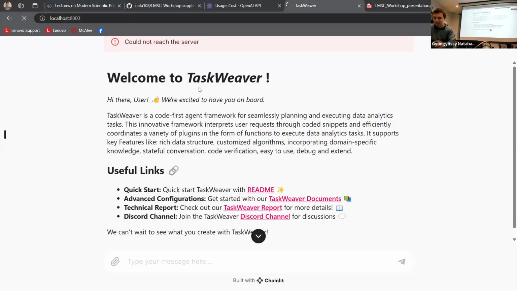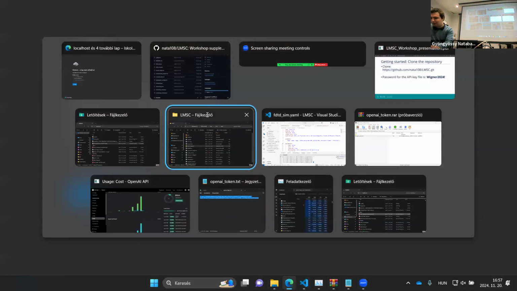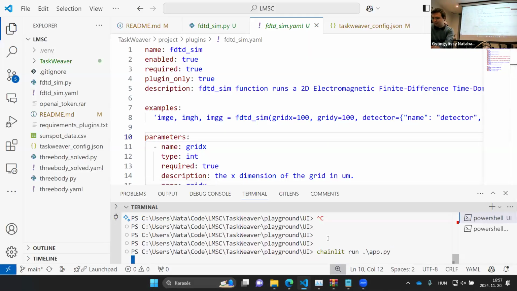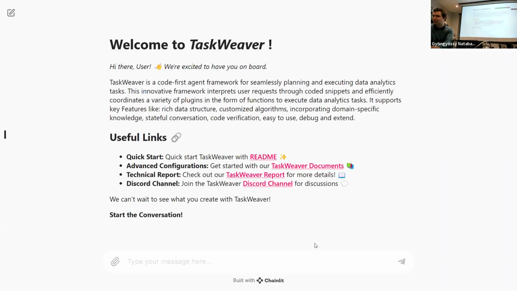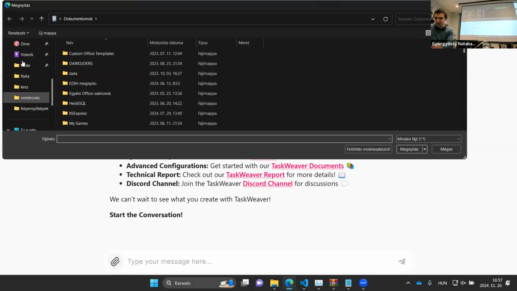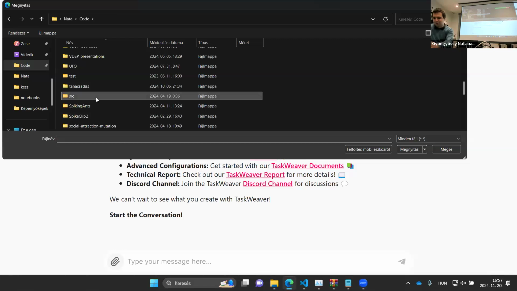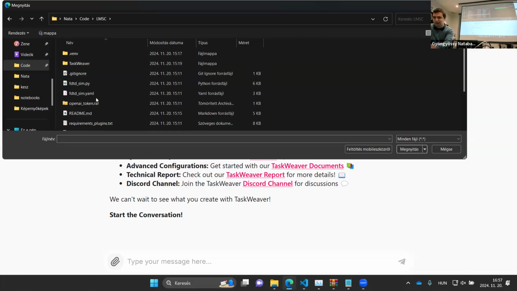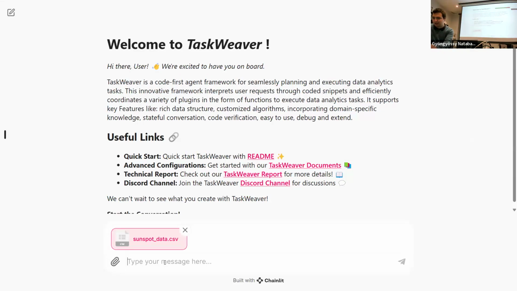Okay, I cannot reach the server because I have stopped it. Let me really quickly find. Here it is. Connection error. If it's a connection error, then maybe you have stopped it. And then if I go in my code folder, and there was this LMSC, and then I upload the sunspot data, then I can talk about this sunspot data, and you can just ask that,